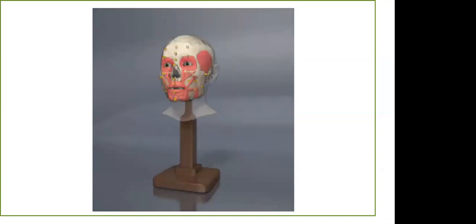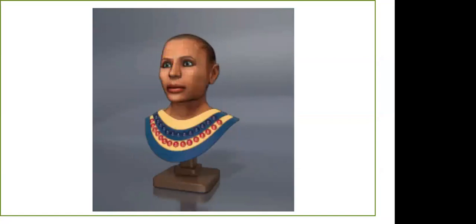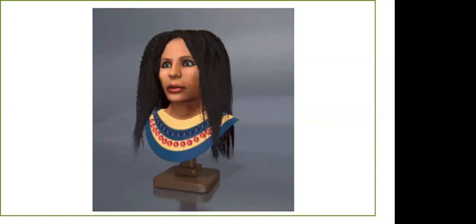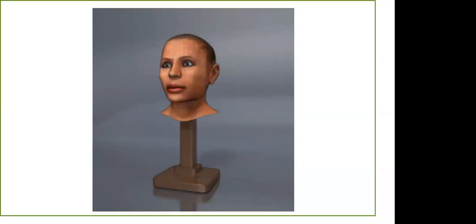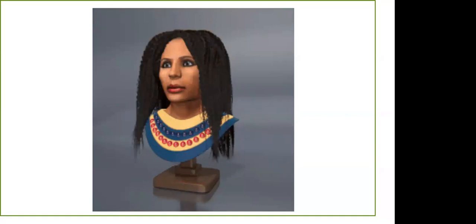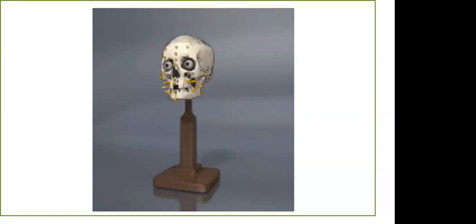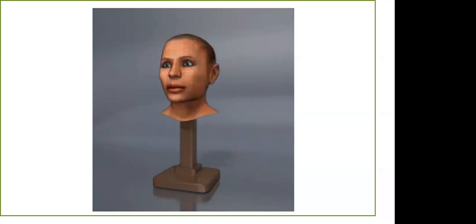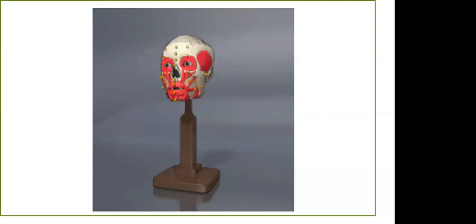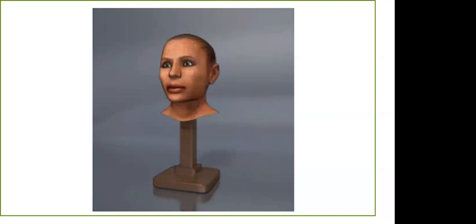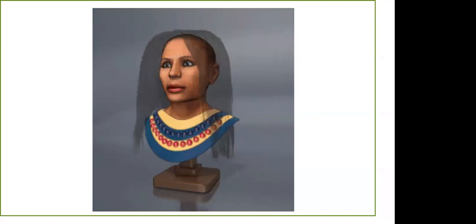And then, as you can see in the first image, there are certain dots. I'll just wait for a moment for that image to appear. Yeah, this image. There are different markers and different materials available to label these markers. We take all these facial soft tissue thickness measurements for a specific population. As far as India is concerned, there has been a study on the North Indian population, and there is a database available for that. So if you have recovered a body, you can use that database to identify the individual.